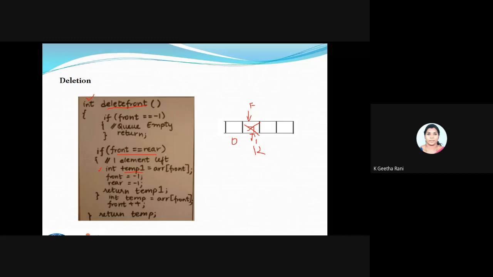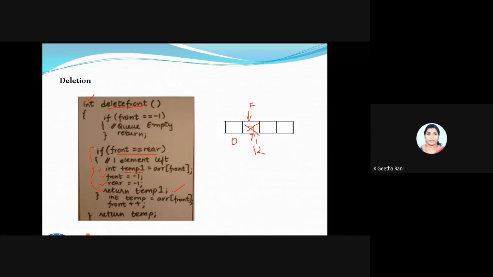I'm just putting this inside the temp. Then I'm performing the front and rear pointer change. When it's going to be -1, I'll tell the queue is empty here. And last, I'm returning the temporary variable. Fine, this we have done already.